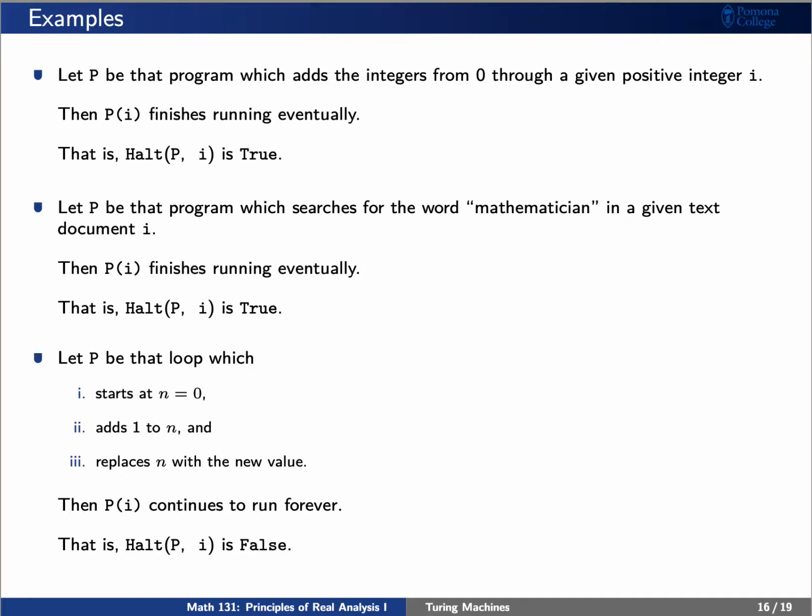Essentially, at every stage, we're just adding 1 to the integer, and this whole algorithm is independent of the input I. Of course, because we can start at 0, add 1 to get 1, add another 1 to get 2, add another 1 to get 3, we can continue in this way forever. And so we see that P of I is a program that does not terminate. It will continue to run forever. And so in this case, halt of P of I is false.